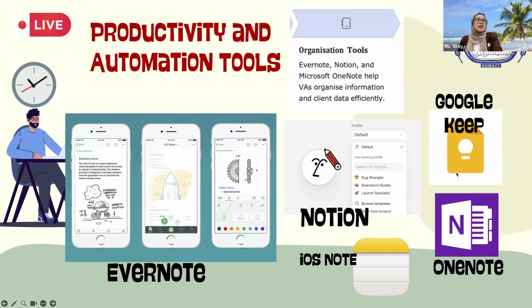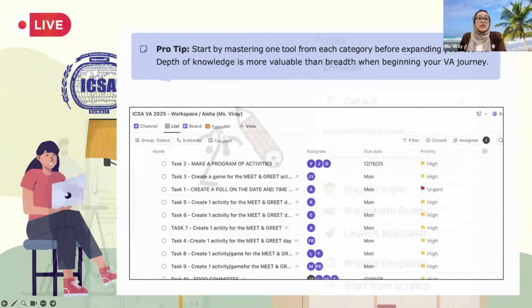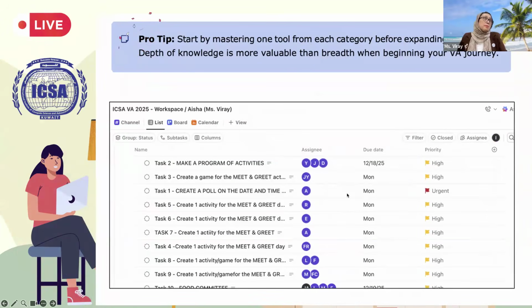How will you get this Google Keep? You just go to your Gmail, click the nine dots, and it will show you Google Drive, Gmail, all of those. Just go down and look for Keep. And it's also a task monitoring tool. I have used this before, and it's very nice and simple and direct to the point. But it doesn't have all the features of the other platforms. It's just like a simple note. That's why it's called Google Keep. Okay? And many others. Okay, this is a ClickUp platform.